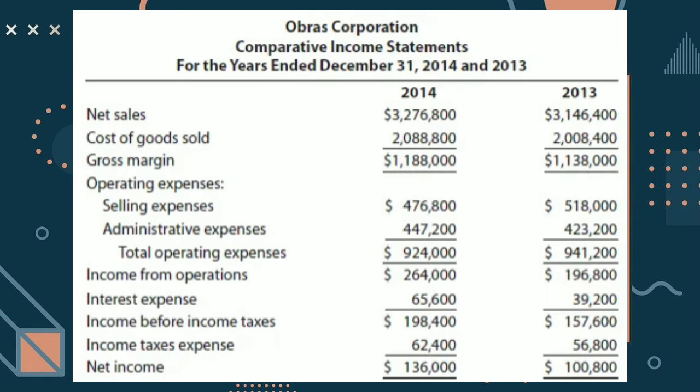Obras Corporation Comparative Income Statement for the years ended December 31, 2014 and 2013. Net sales is the total revenue less the cost of sales, returns, allowances, and discounts. The amount of total revenues reported by a company on its income statement is usually the net sales figure, which means that all forms of sales and related deduction are aggregated into a single line item. Net sale in 2013 is $3,146,400. Sa 2014, mas mataas,